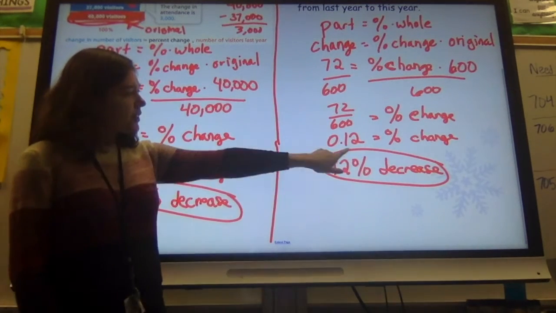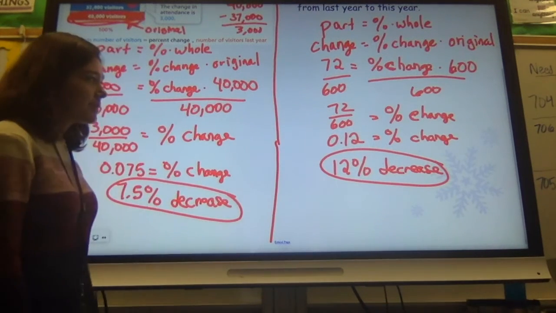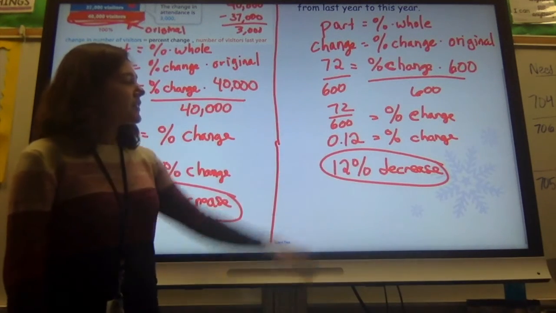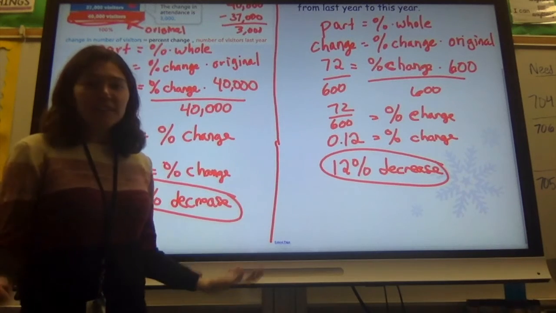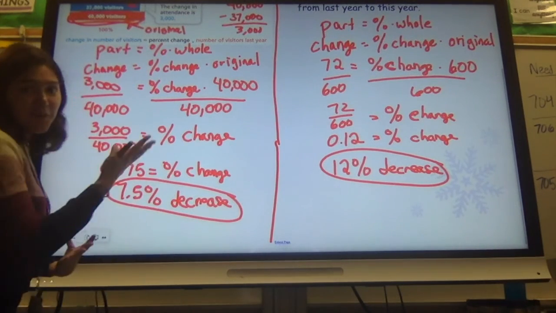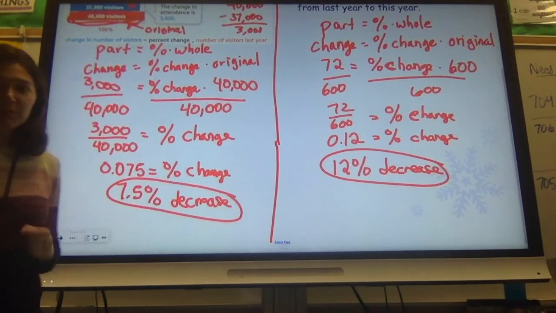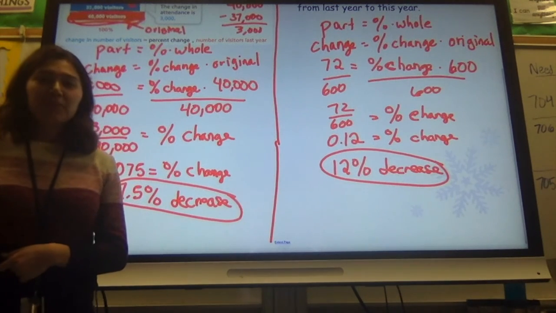All right, and you should get a 12% decrease. Move the decimal place over 2 to get 12%. That's the same as 0.12. 12% decrease. So I lost 12% of my Instagram followers in the past year, according to this. And according to this problem, the website lost 7.5% of its visitors. So we're saying compare